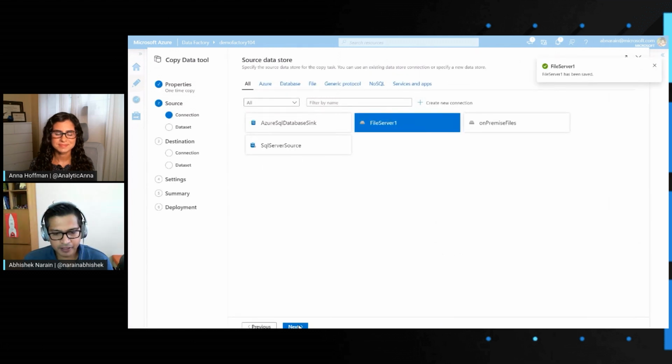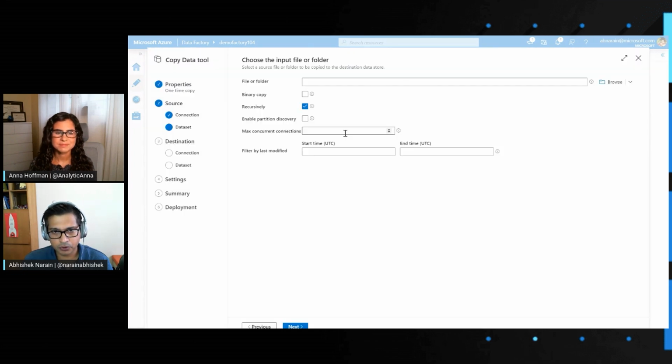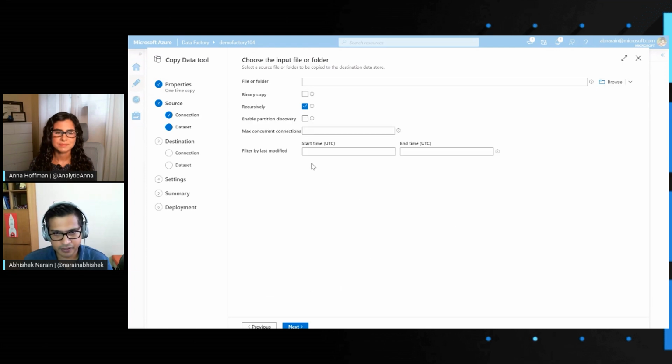And so we go on to the next screen, which is now specifying which particular data file I want to read the data from. And I can actually browse and see what data exists. And I have 2 product files, which basically have a list of products. And I want to load them into my SQL DB and probably into a products table. And I can have as many files as I want. But in this particular case, I have just 2 files.